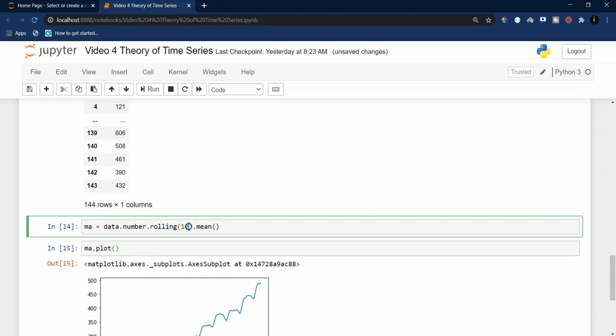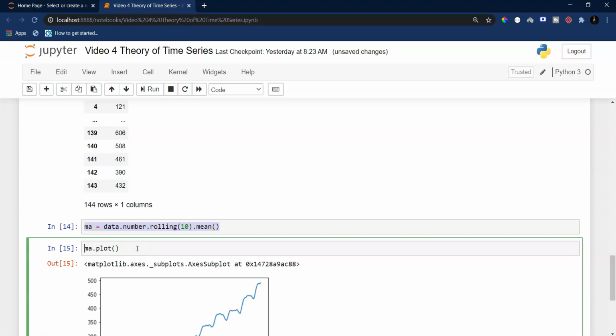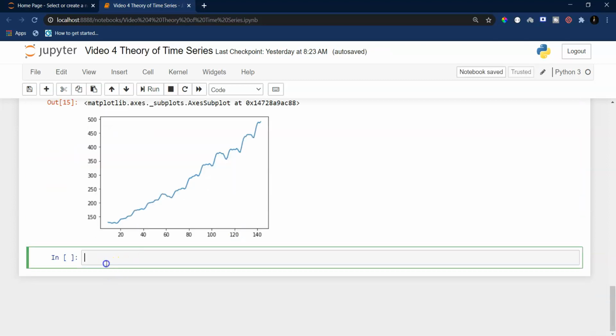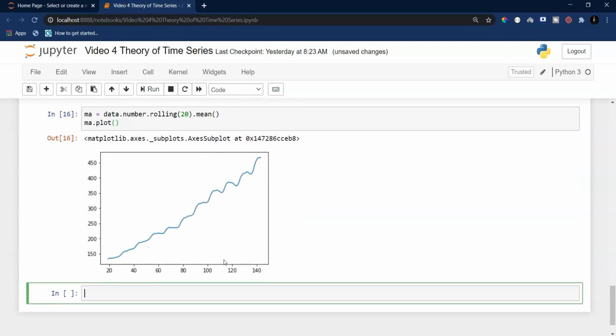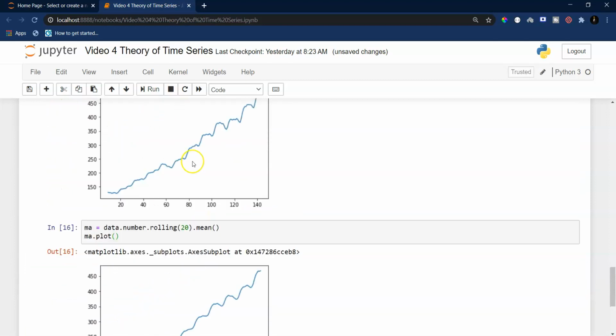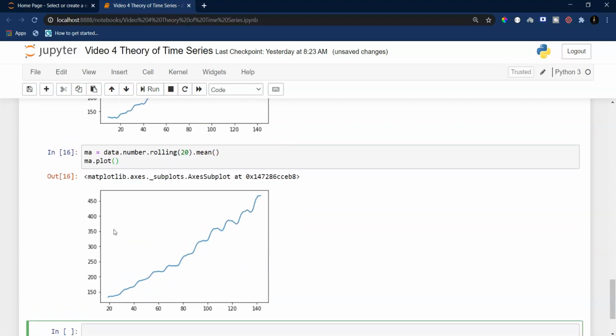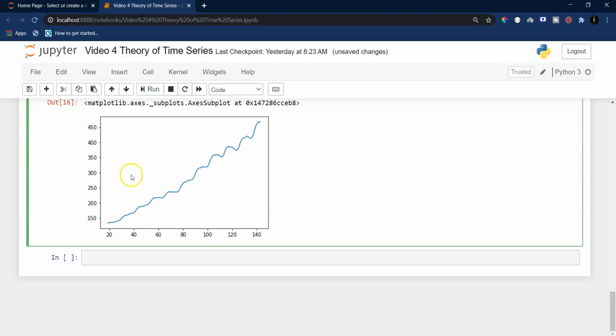Now if I increase this time period, then this fluctuation will get more and more smoothed out. Again you can see the fluctuation is getting averaged out in this moving average method. So I hope you are able to understand how we compute the trend component.